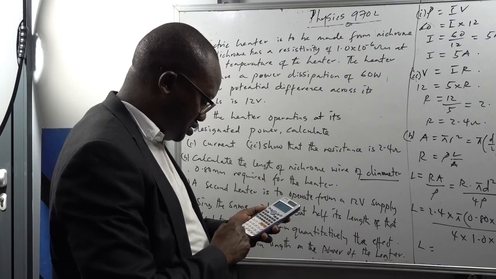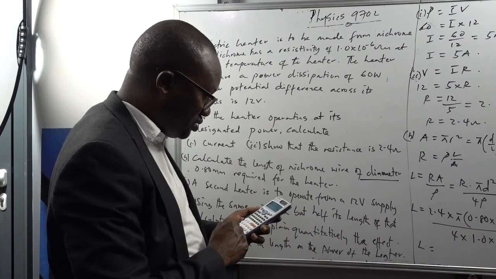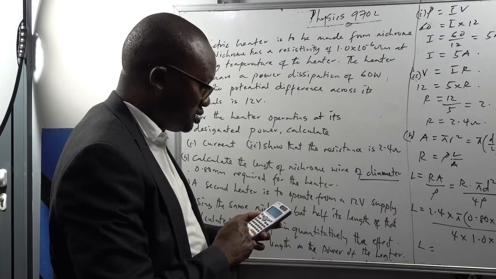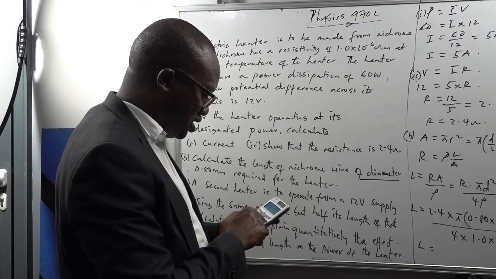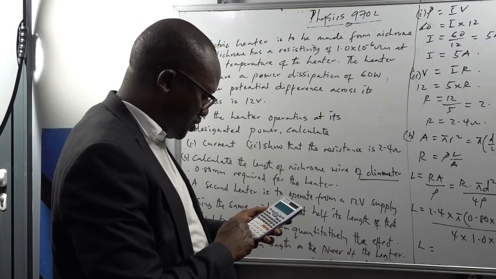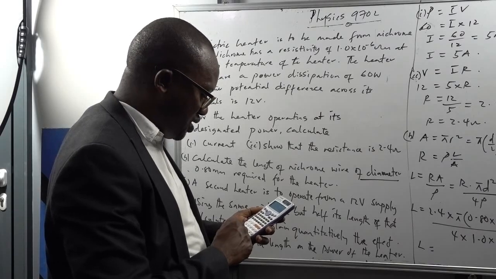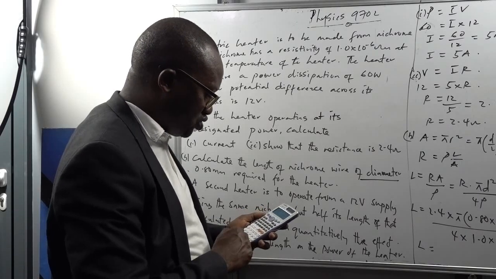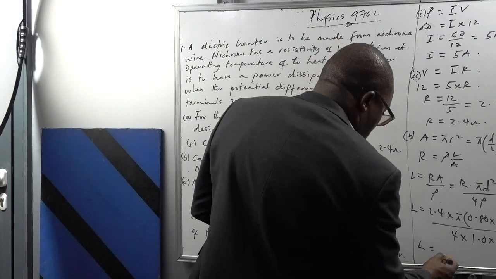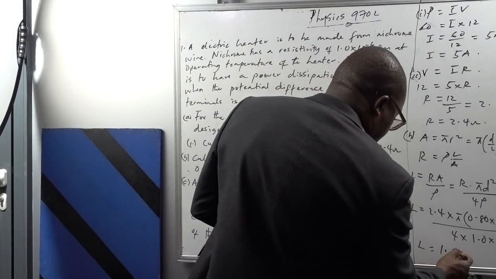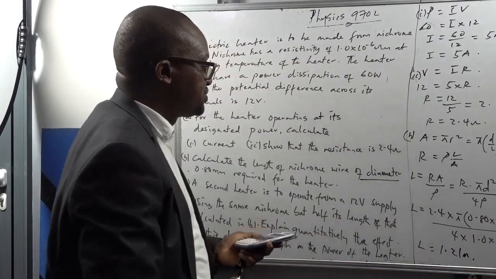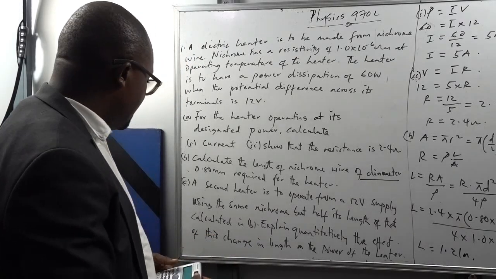times 0.80 exponential minus 3, all squared. Then you come to the denominator. You have 4 times 1.0 times 10 raised to power minus 6. You go to the equal sign, and that will just give you 1.206, approximately 1.21 meters, which is the length. Then